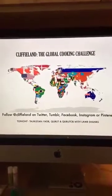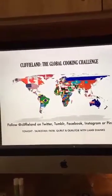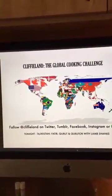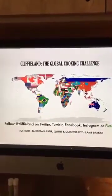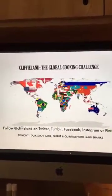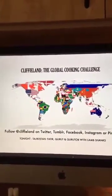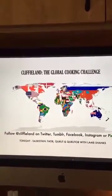This afternoon, this evening, we are going to be doing an epic night of cooking Qurutob. I hope I got that pronunciation right. With lamb shanks, one of the national dishes of Tajikistan. That is going to involve various components, including Fatir, which is a flatbread, Qurut, which is yogurt balls, and lamb